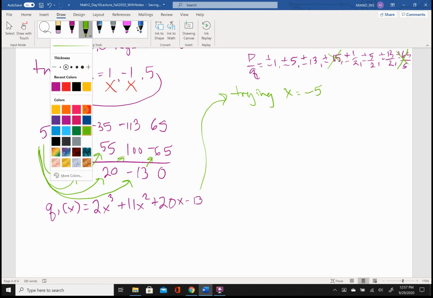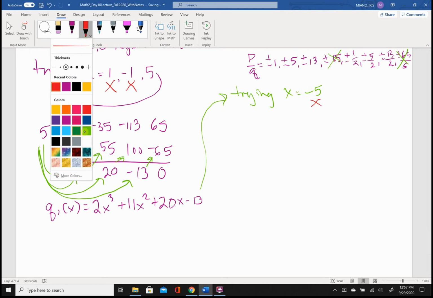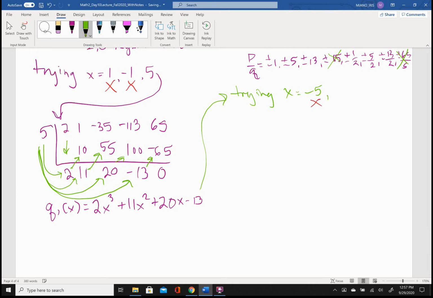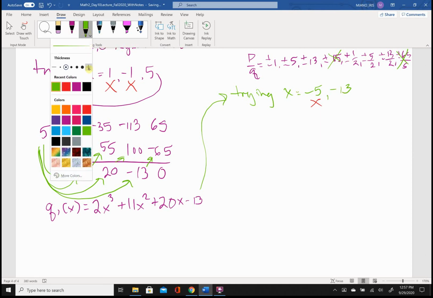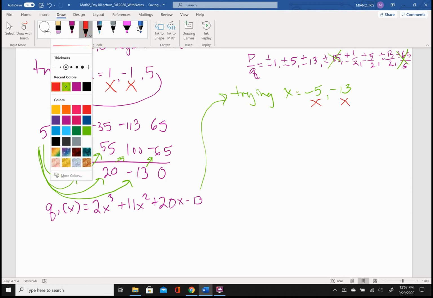That did not work. So I'll put a little X over there. Go back to green, I guess. The next one I tried after that was -13. And the numbers just got wildly out of whack. And so I was like, you know what? Maybe I'll scale it back down and I'll try one of these fraction-y numbers, okay? So that's what led me to try